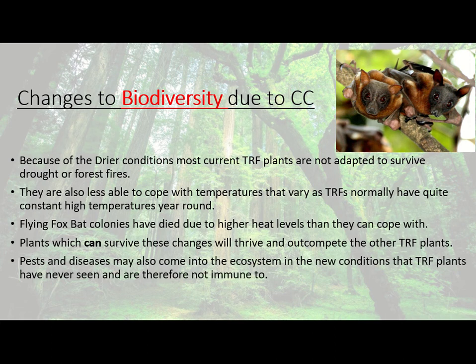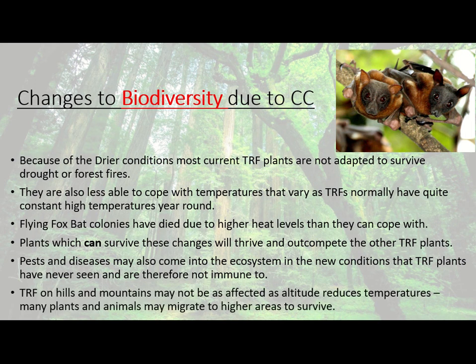And pests and diseases. If you get changing conditions, different parasites and bacteria and things that can infect trees and plants and animals will survive or will come in. And those animals and plants aren't immune to those. And because they're not immune, unfortunately, they will die out. So again, reducing biodiversity. And lastly, what you might find is that species migrate from the lower levels, where it's